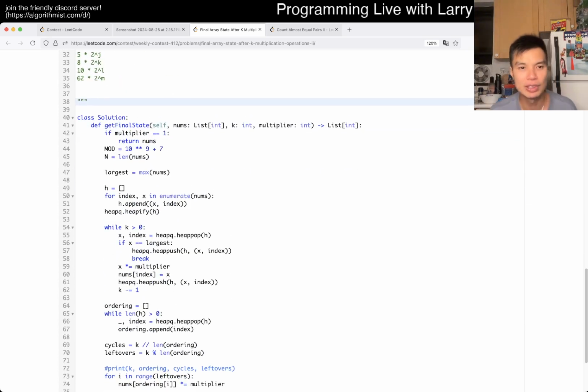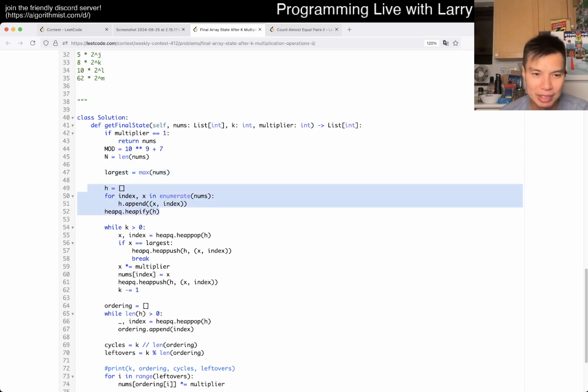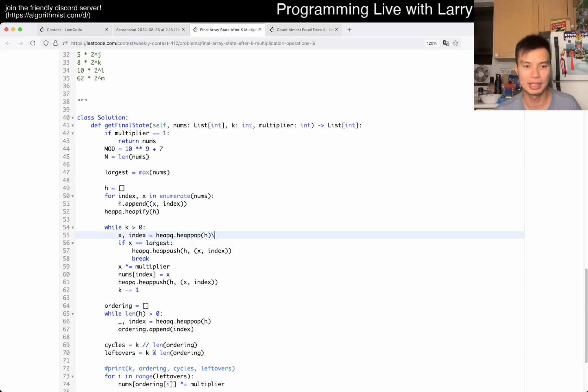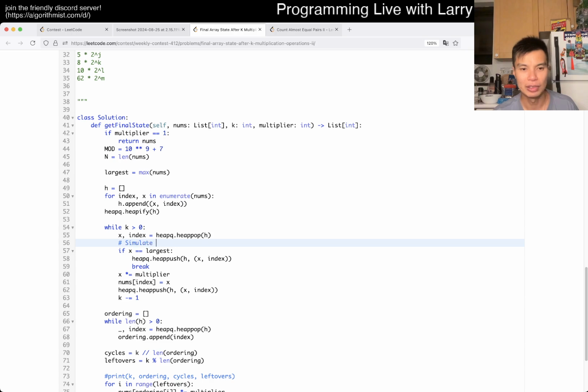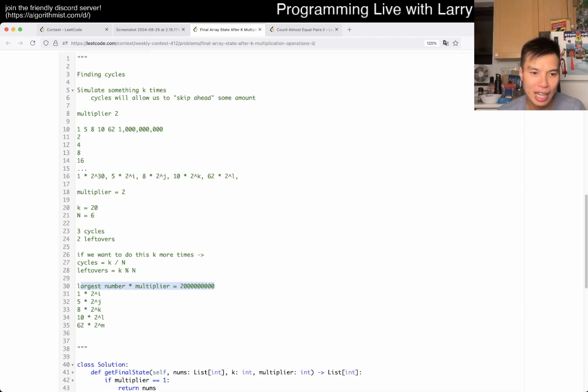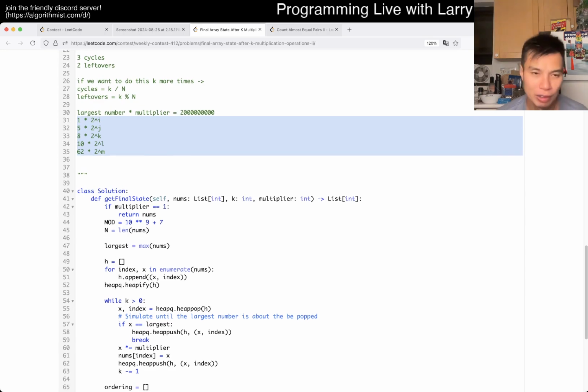We start with getting the largest number. We do the heapify thing that we did in Q1. We just push into the heap the value and the index, and then we heapify it, put it in a heap, and then we simulate until the largest number is the smallest number. So simulate until the largest number is about to be popped. Now this is basically the case where the largest number is on top, and you have all the other numbers lined up, and they're all going to be less than the multiplier times